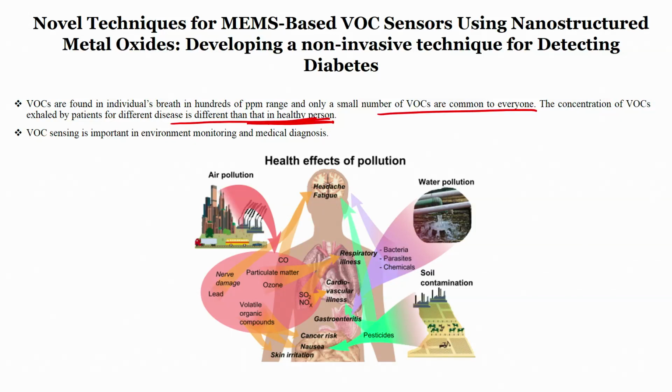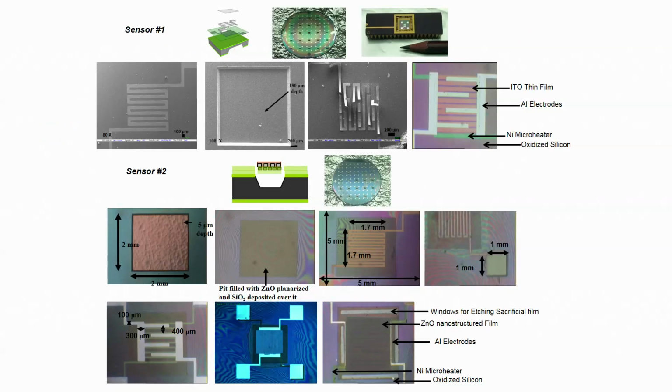So, when you talk about VOCs, we have to see sensors, and right now in front of you, you can see two types of sensors. Sensor 1 here, and we will see in detail how we can fabricate this sensor. This sensor is fabricated using bulk micromachining. While you can see sensor 2, which is used for detecting VOCs, and it is fabricated using bulk plus